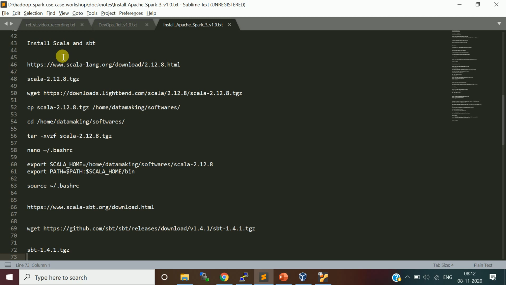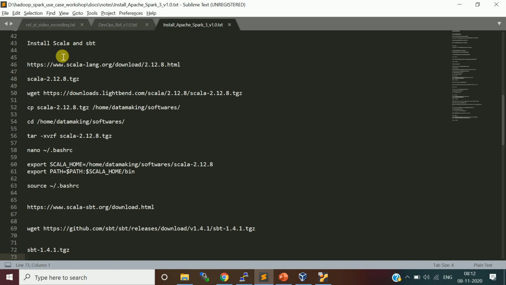So if you want to package it as a jar, the SBT tool will be used. In most of our use cases, people create Spark with the Scala API. They use the SBT tool to build and package the jar.